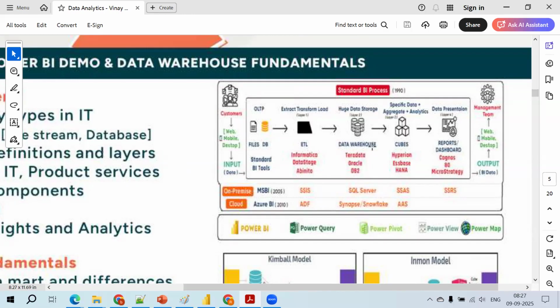This is a data warehousing system. And then use it for our cubes, basically. A cube is nothing but a multi-dimensional storage area and we use this for our data analytics purpose. This is a standard BI process which we have discussed in our last session, if you remember.